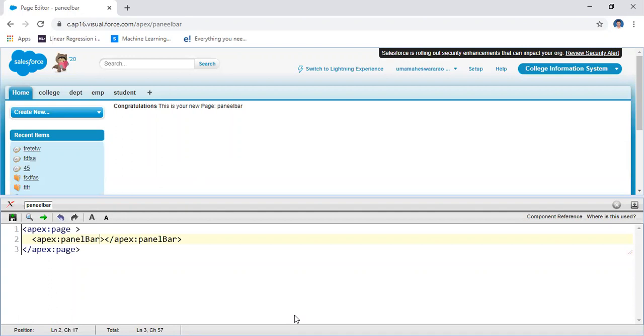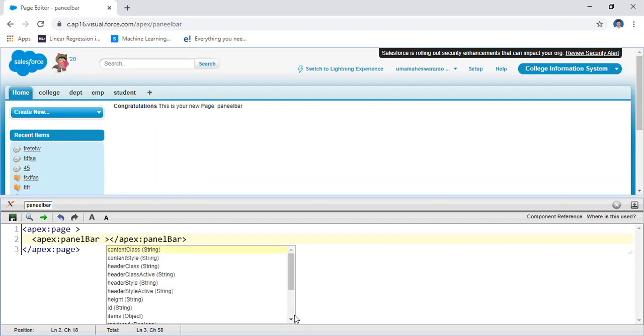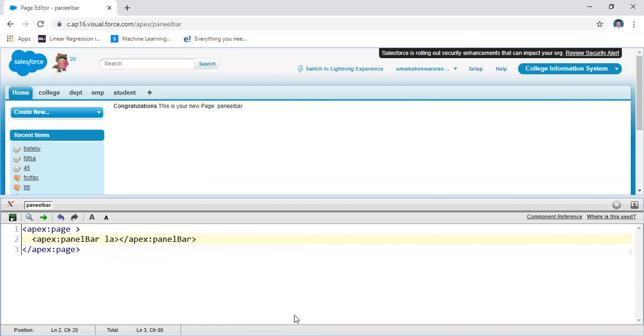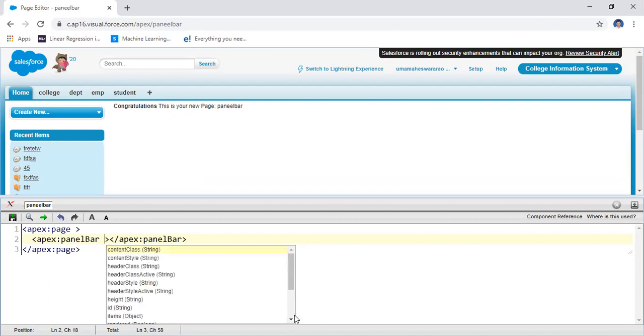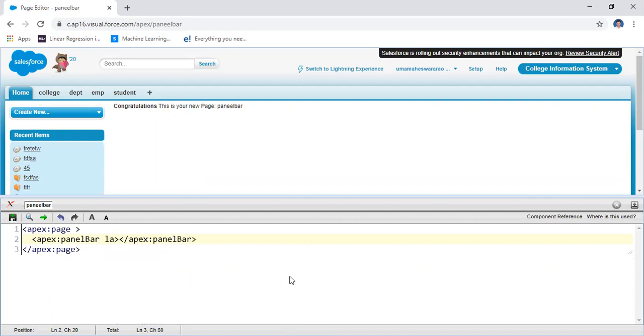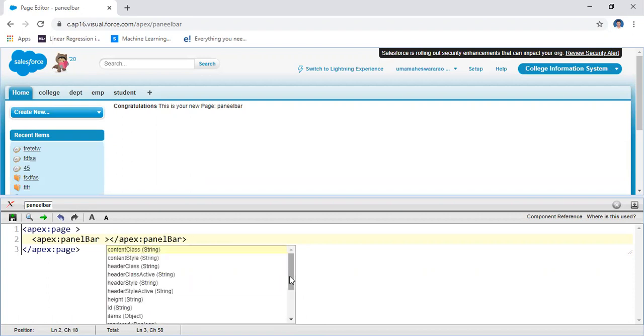In this case you have different attributes for the panel bar. I'm writing one attribute, for example, the panel bar label. If you right click here, you have different attributes: header, style, id, item, and so many different attributes. I'm writing label as one attribute for the panel bar.